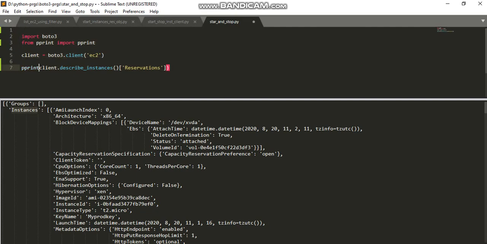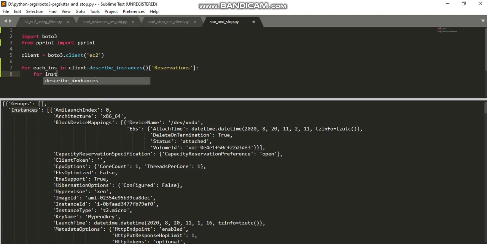For that, let me loop over each instance. For each instance in these reservations, let me loop it. Instances is also a list output. That means we need to loop over each and every instance, right?